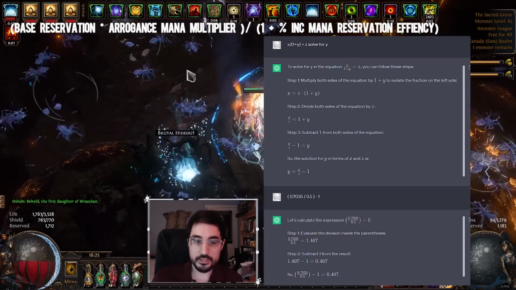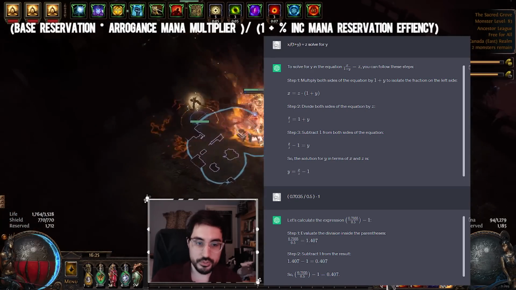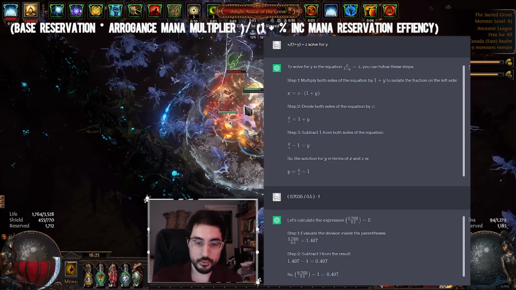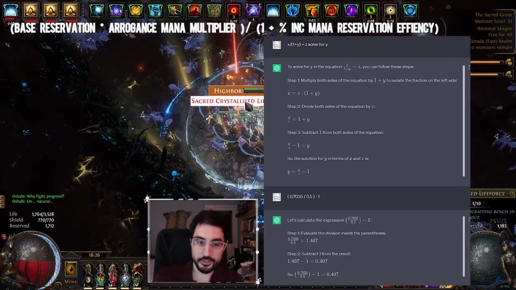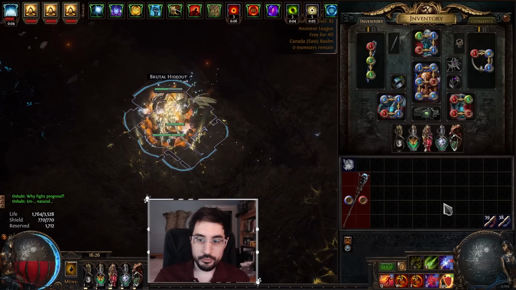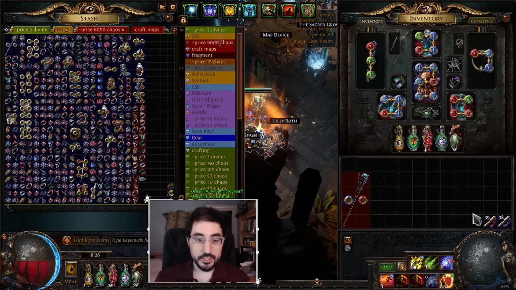That means we need to hit 41% increased life reservation efficiency to make sure we are overleeching. And again, if you want to use different auras on your life pool, you would just change the X variable and you can calculate it with the formula you are seeing. Now the important part, let's go over the different sources of life reservation efficiency we can use to hit this